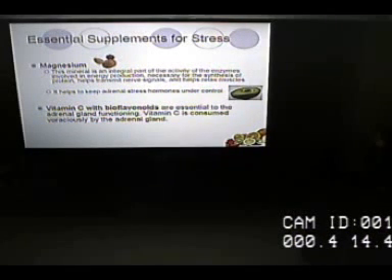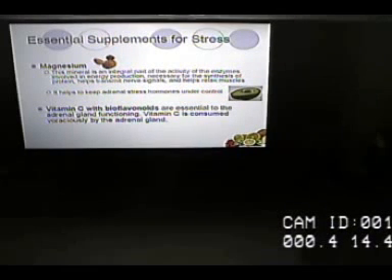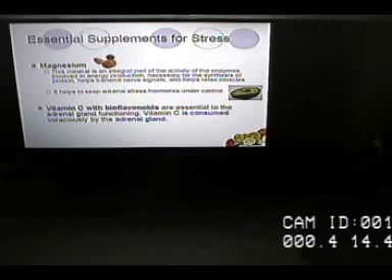Supplements for stress: magnesium. As I already mentioned how important that is, you can get it through your nuts and avocados and black beans, very high in magnesium. Vitamin C with bioflavonoids, especially this time of year. Now we want to bump up our vitamin C with all the colds that are going around. But vitamin C is consumed tremendously by the adrenal glands. So if you're under a lot of stress, you're going to be upsetting your entire endocrine